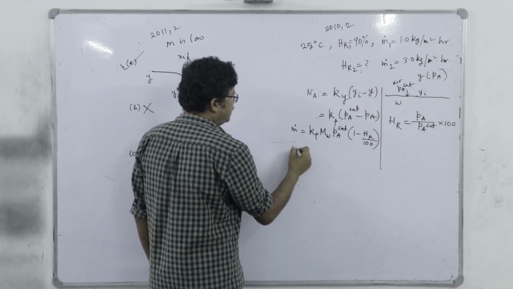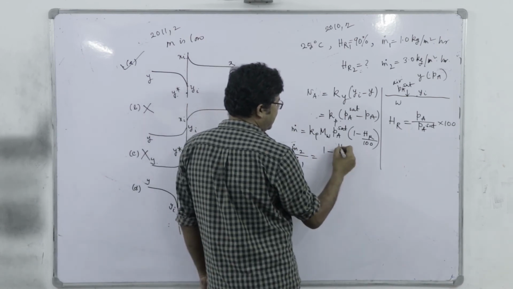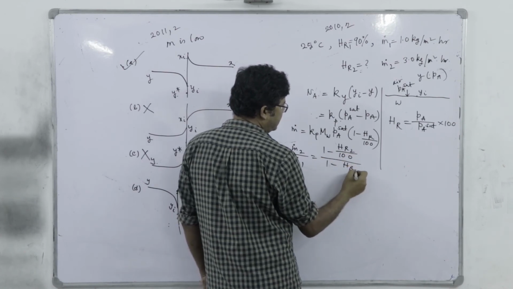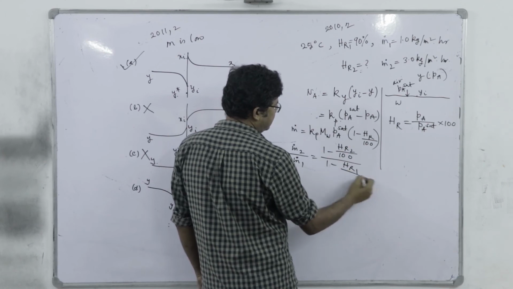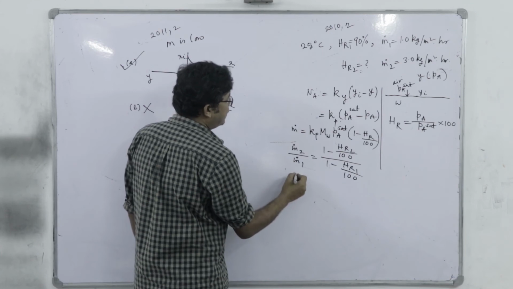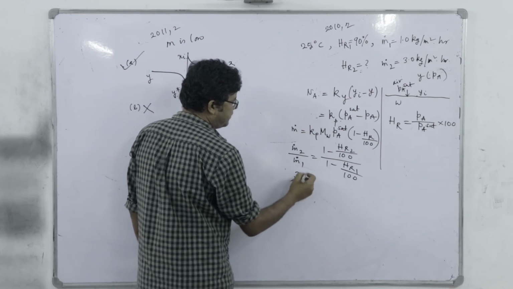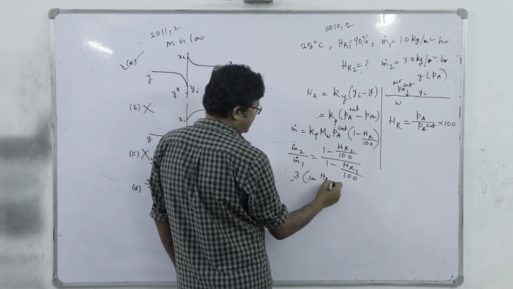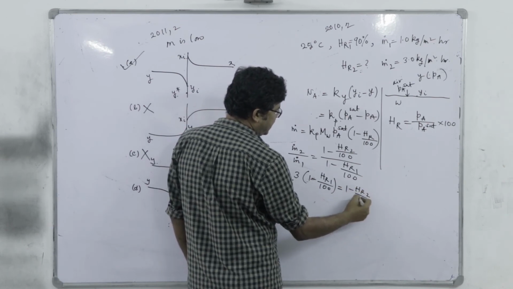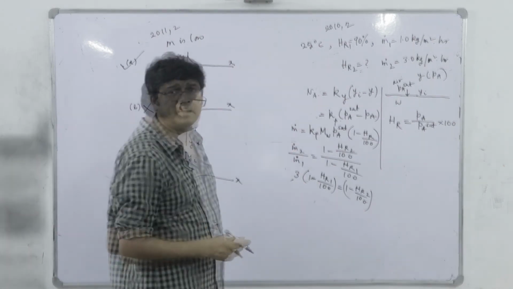right? So m dot 2 by m dot 1 is equal to 1 minus HR2 by 100 divided by 1 minus HR1 by 100, right? So this is the ratio is 3:1. So 3 into 1 minus HR1 by 100 is equal to 1 minus HR2 by 100, right? Because that's 3, that's 1, and